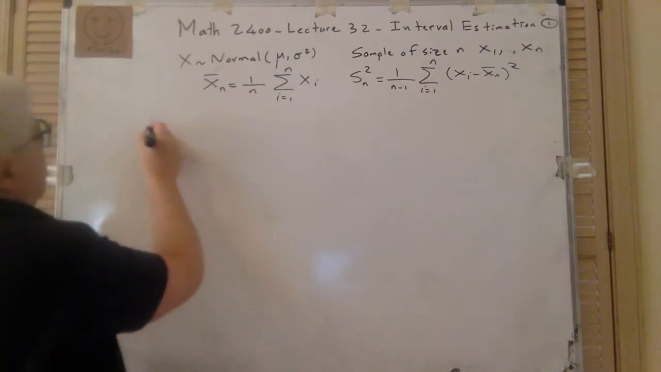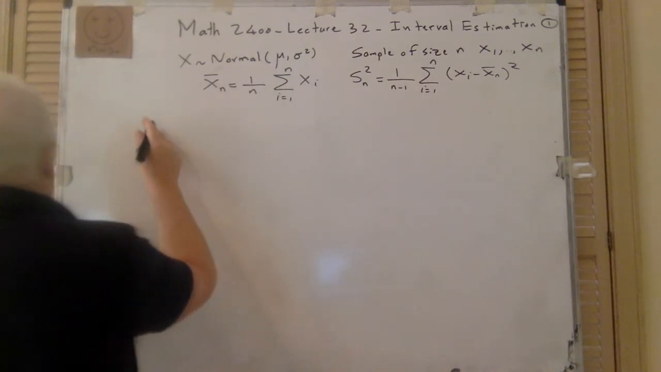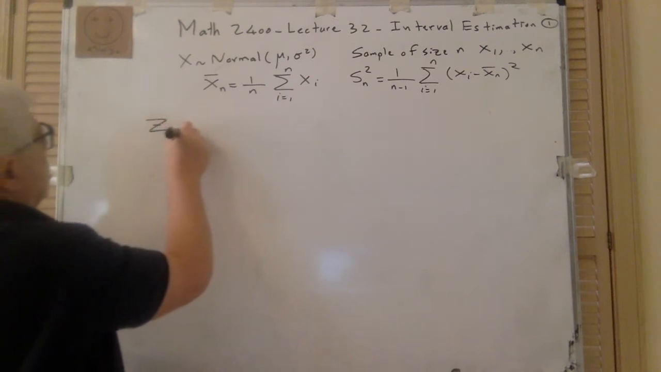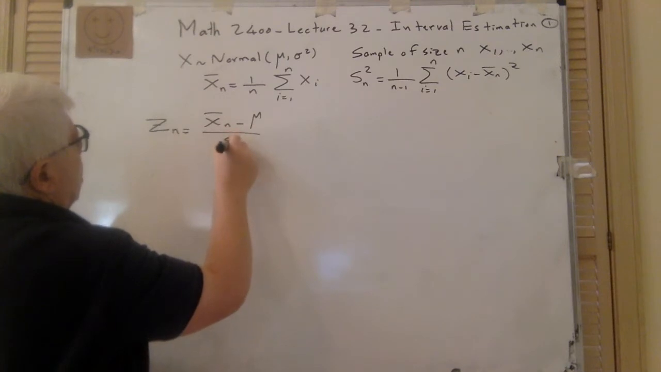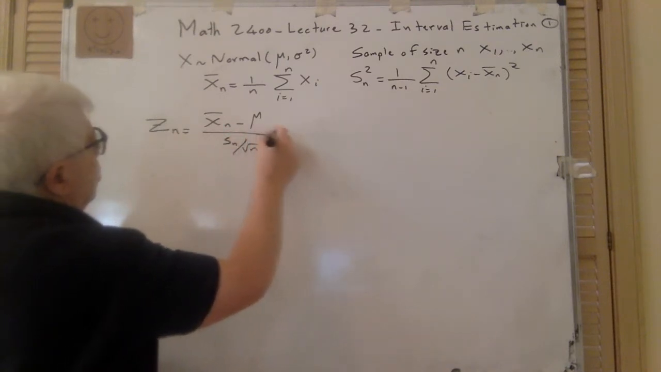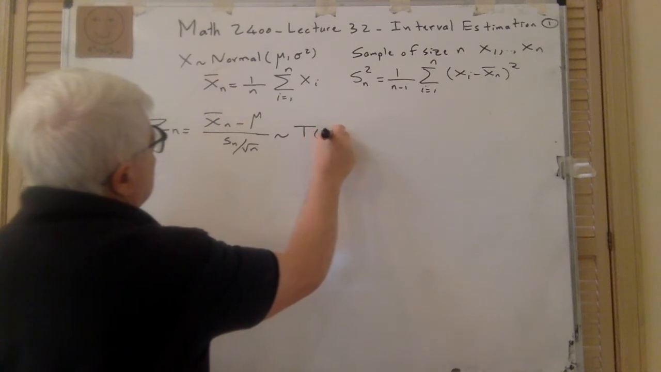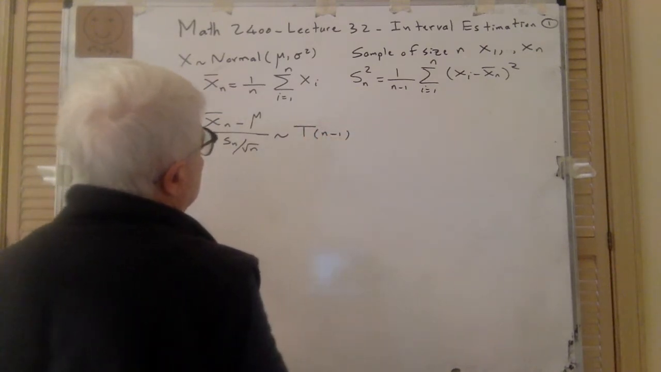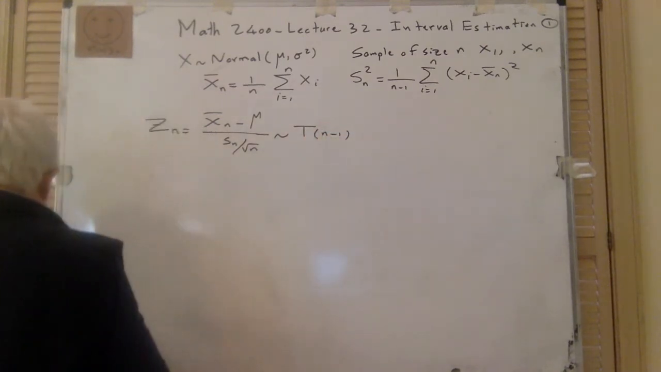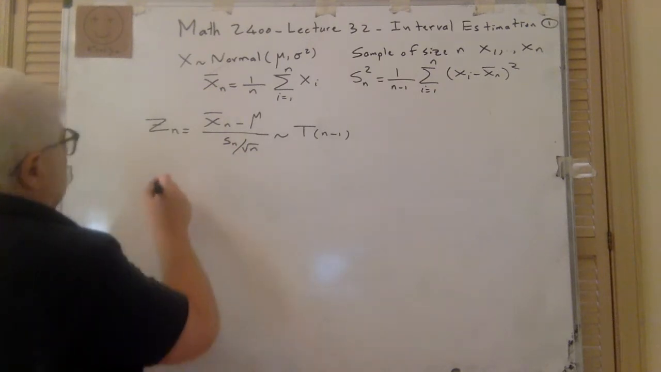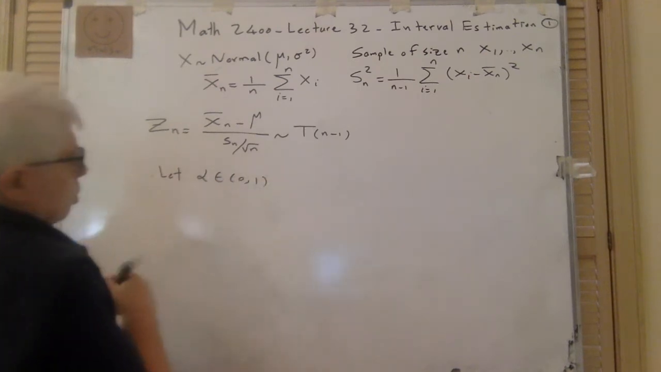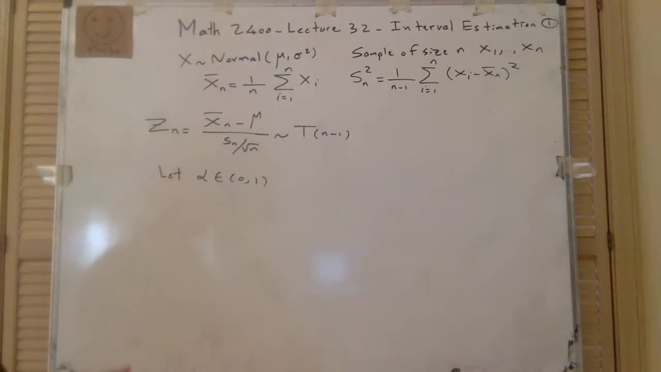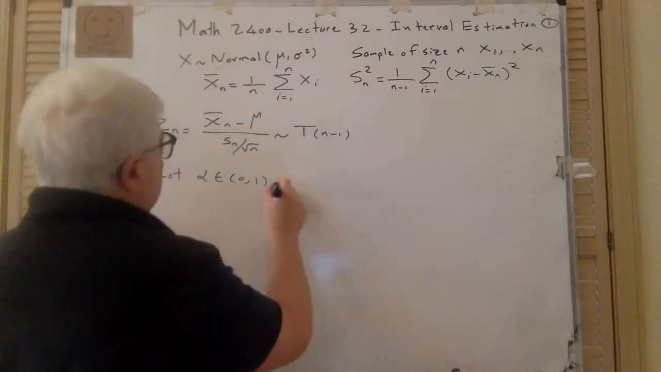So let's go back to this, and let's call this Zn. Zn is x bar n minus mu over S n over the square root of n, and we know that this is T distribution with n minus 1 degrees of freedom, and we want to do this. So we let alpha be a number between 0 and 1. So alpha can be probability of something because it's a number between 0 and 1. And we consider